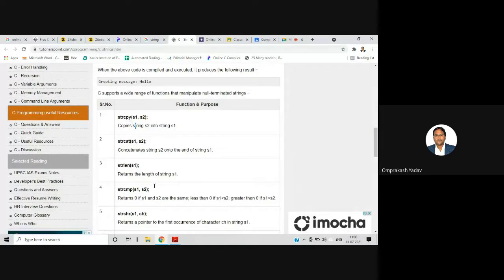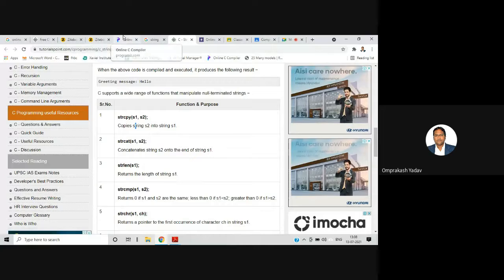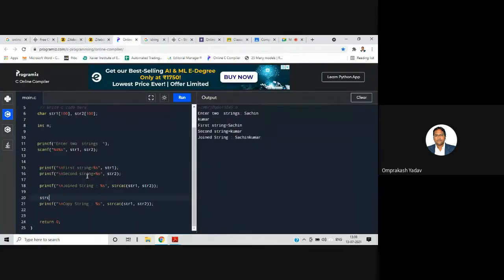It will not return anything, so it's good. We'll say strcpy string 1 comma string 2, and then we will print string 1.